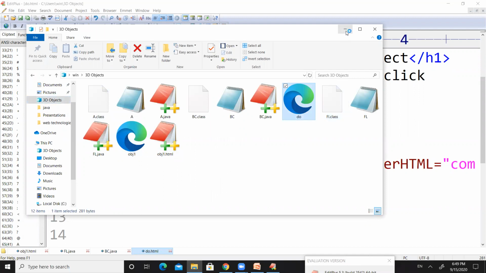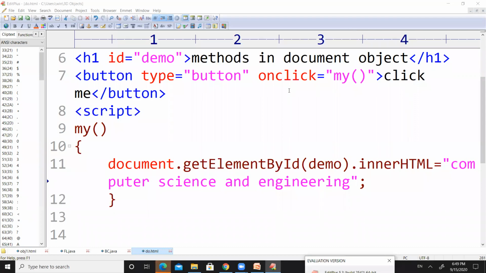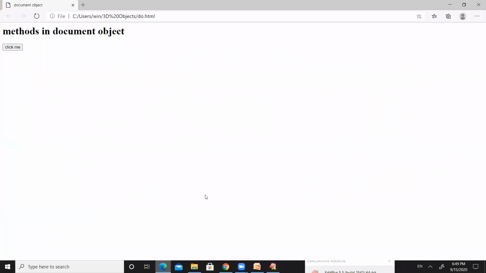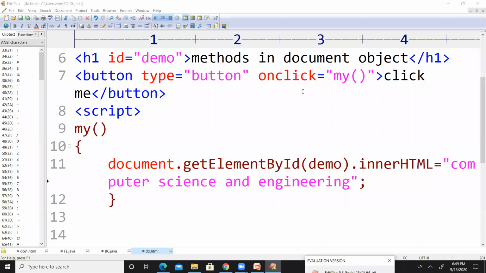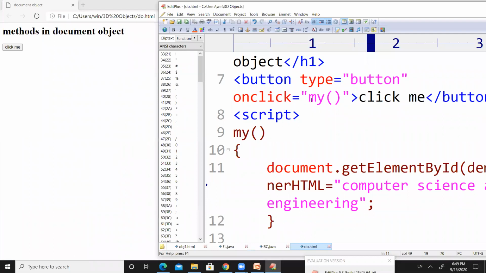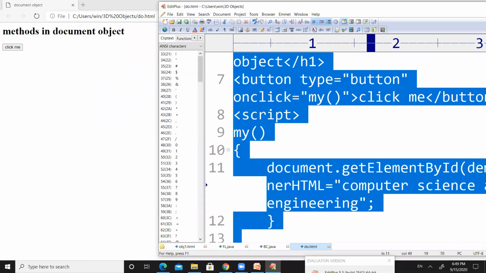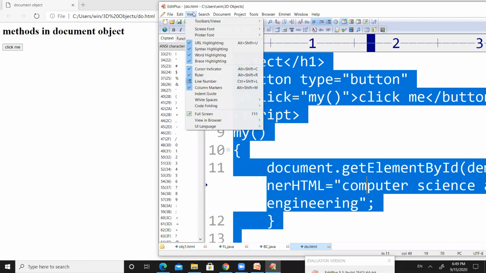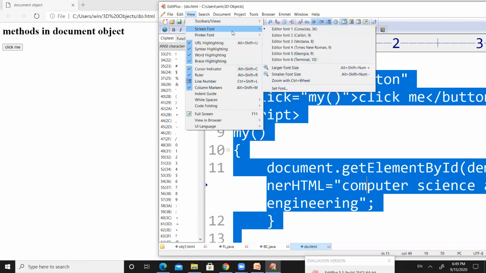If you open this one, you can find, one second, the system is a bit slow, you can find methods in document object. Just compare the things here. I will reduce some font size.